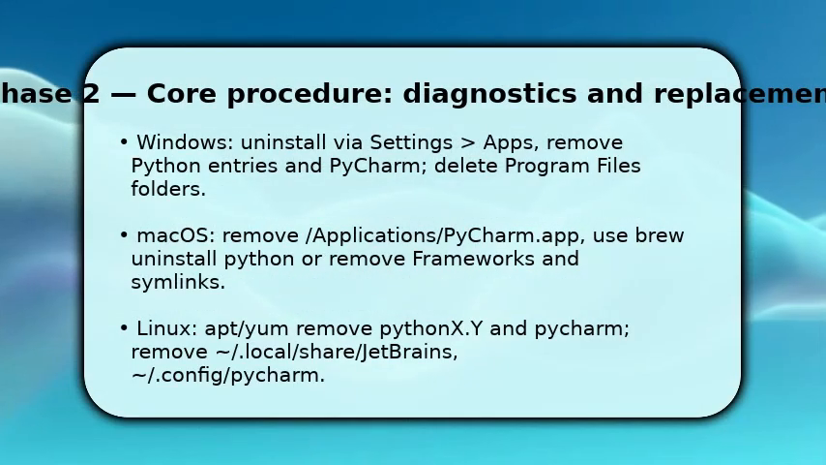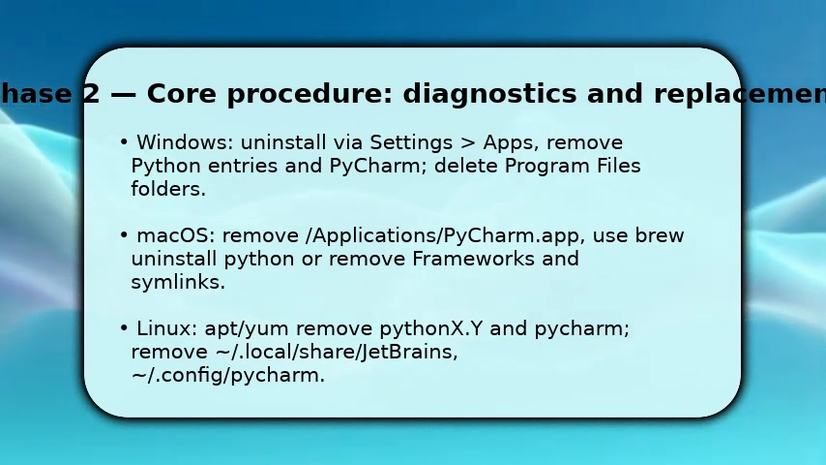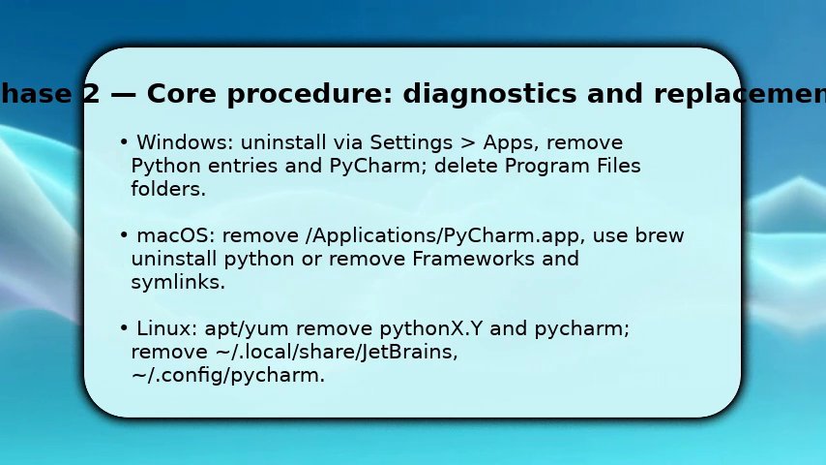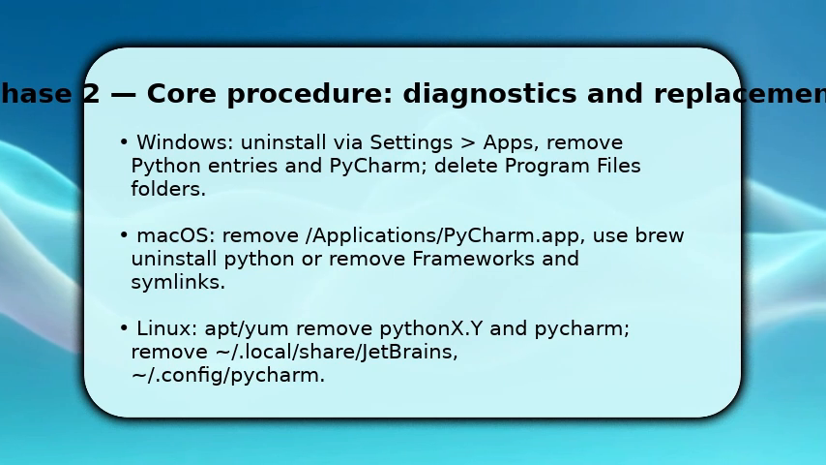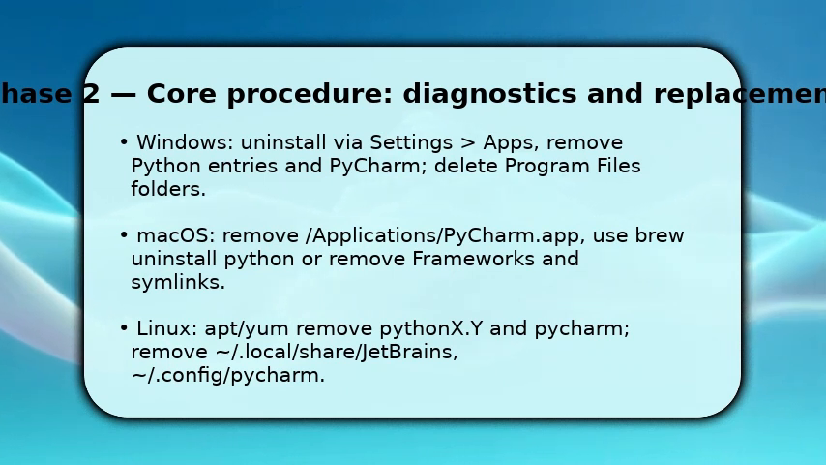You now perform the removal. On Windows, use Settings, Apps to uninstall PyCharm and each Python entry, then delete leftover program files and user AppData entries. On macOS, drag PyCharm from /Applications to trash, run brew uninstall python, or manually remove